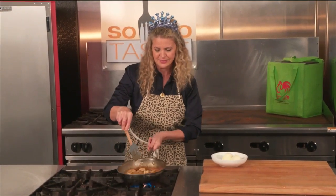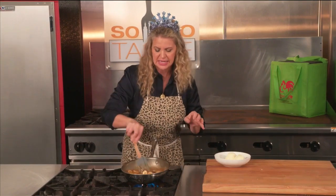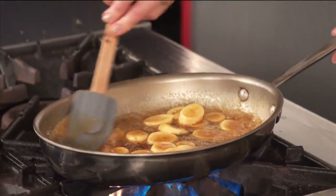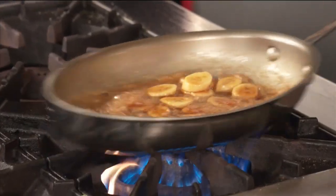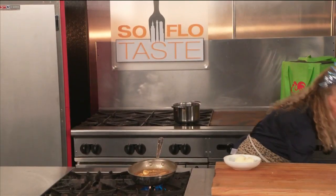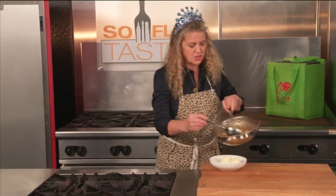Woo! All right, once these bananas just start to soften, it takes about 45 seconds. And look, now you can see that we've got the most gorgeous glaze. Look at that. Oh yeah, we are ready. Grab a nice big spoon and serve yourself up